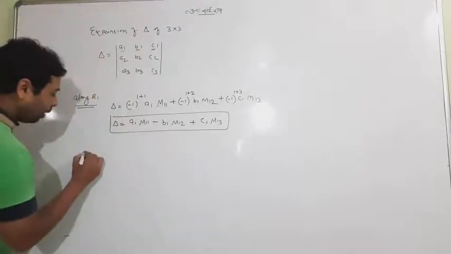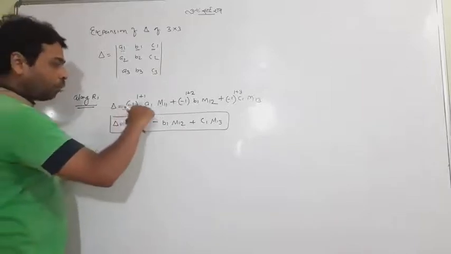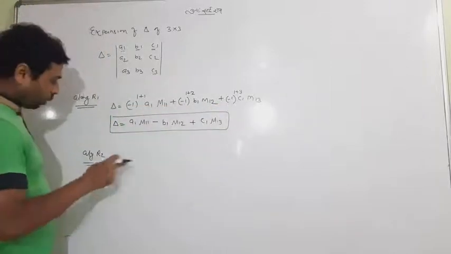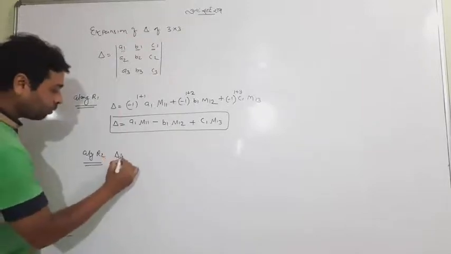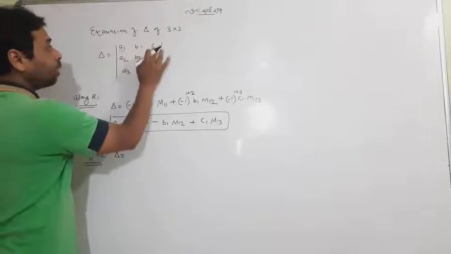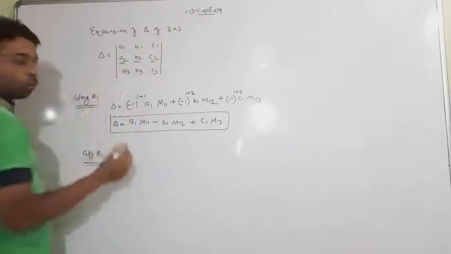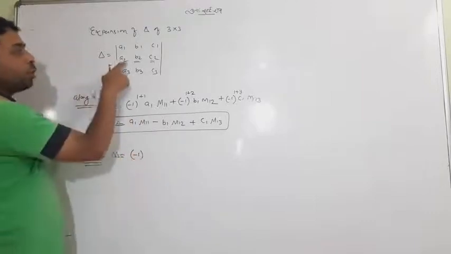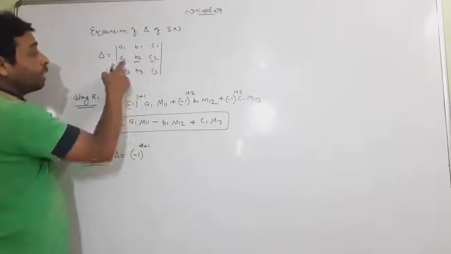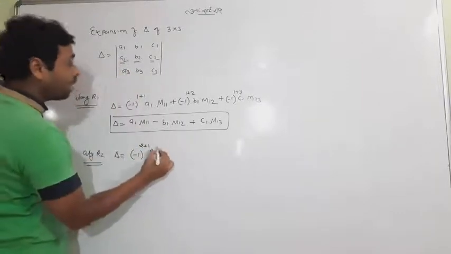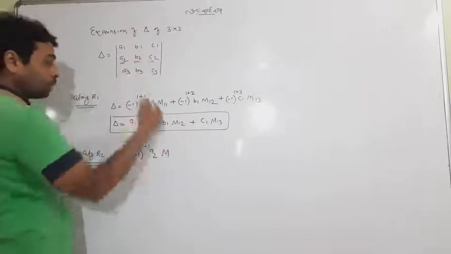Okay. If I ask you along R2, you have to follow this formula always. So along R2, how will you make the formula? Del equals R2, meaning which elements will we take now? A2, B2 and C2. First I will go with A2. So minus 1 to the power, where is A2 lying? Second row and first column. Then A2 itself. Then its minor, where is it lying? Second row, first column, 2, 1.